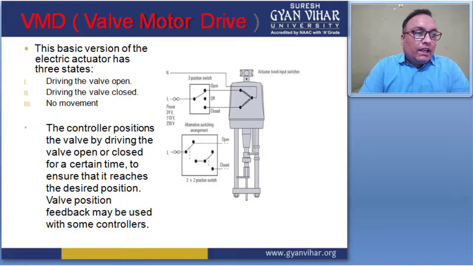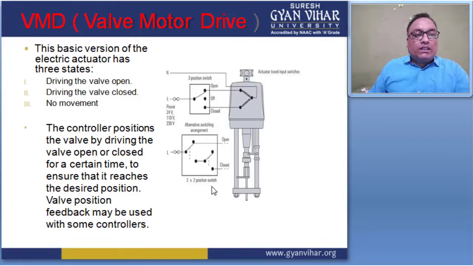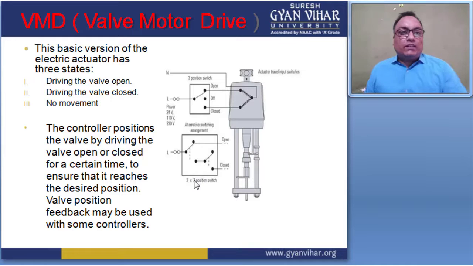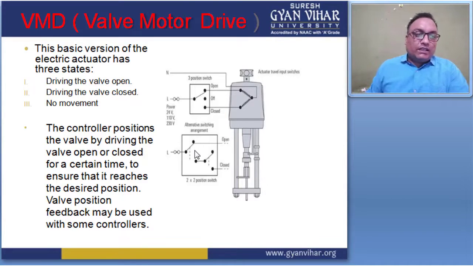The controller positions the valve by driving it open or closed for a certain time to ensure that it reaches the desired valve position, and feedback may be used with some controllers. What type of feedback is given? This type of feedback is given by some controllers to perform the specific task of the controller. So this is a special case of actuators,